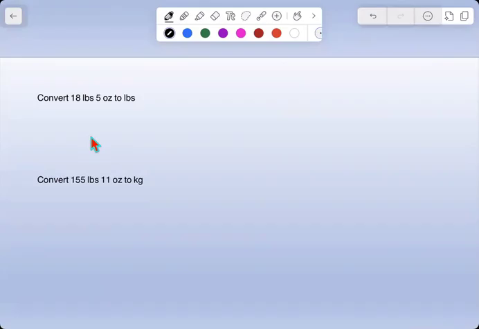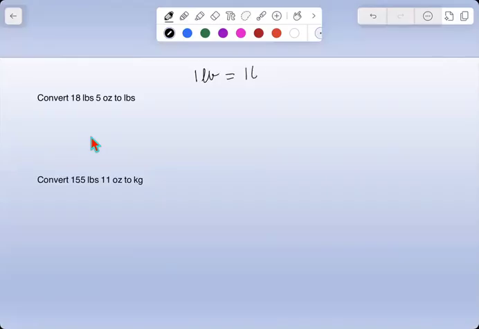Okay, so let's take a look at this one. Now, this one was kind of like that feet in inches one. It was kind of weird. This is kind of a similar vein. We're still within the standard system, so you still need to know standard system facts, but we have that little extra piece. Now, the fact we want to use for this first one, a pound,